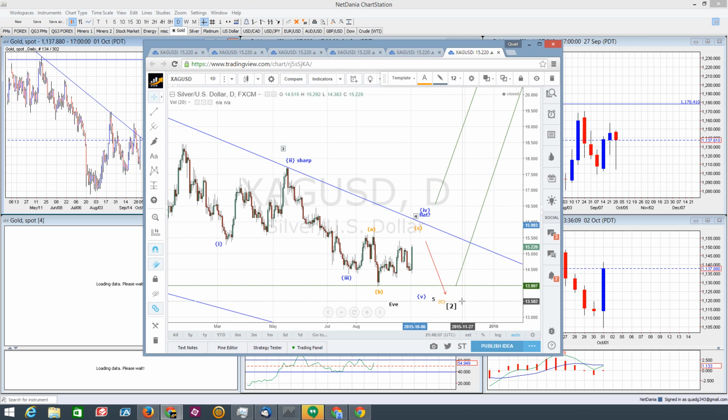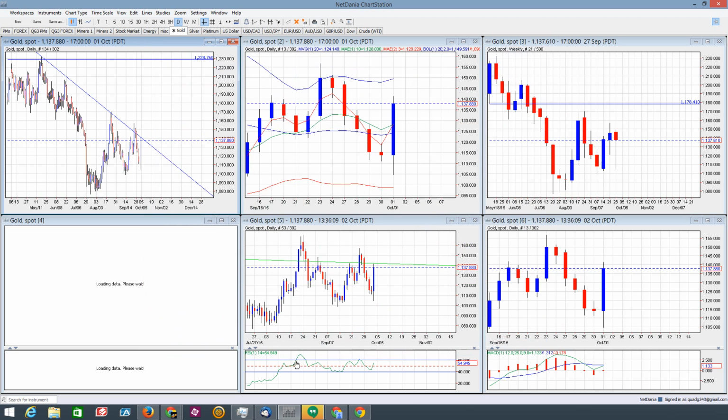Once that's complete, I think we could have a very major bottom here in the silver market, and we could see a very major wave 3 rally to the upside that could go to extremes that probably most of the world is not prepared for. All right, so that's it for silver, and we'll go to